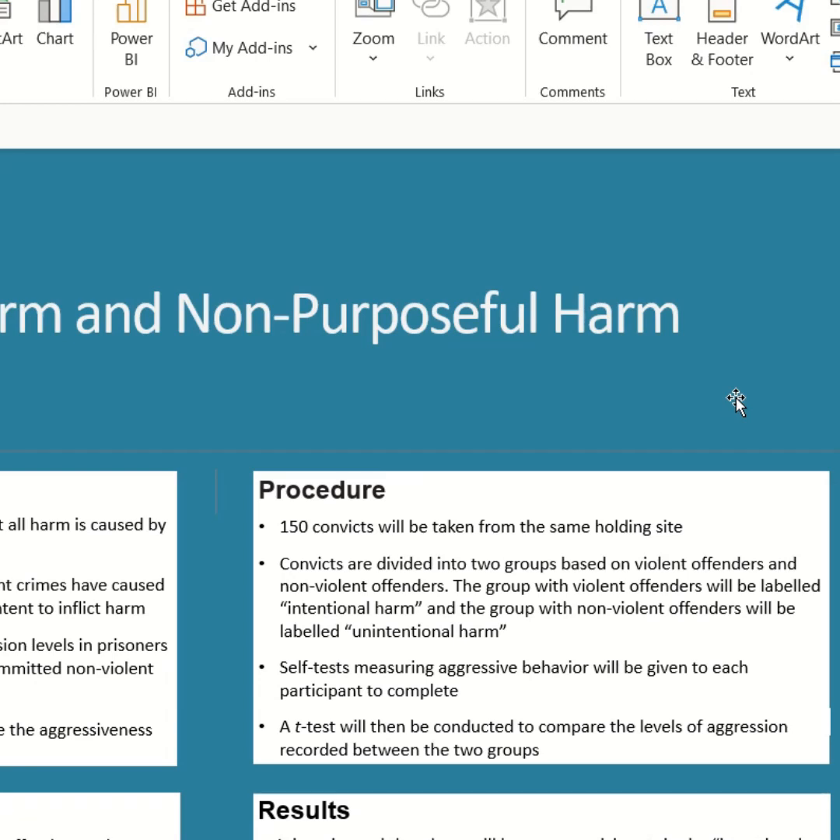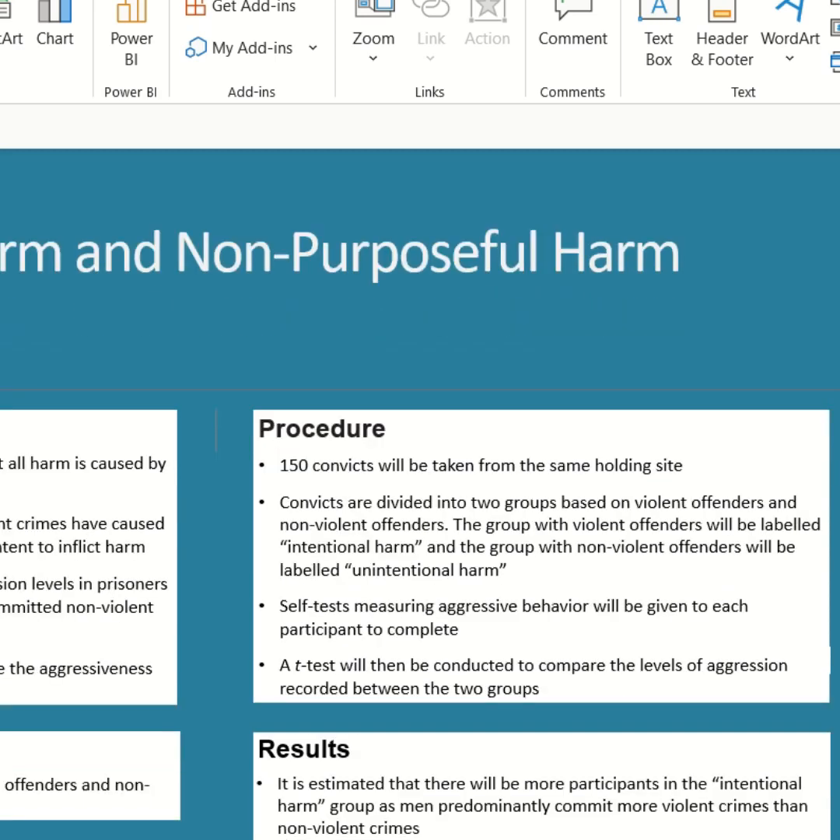Alrighty then. To start off, this is the poster presentation by me, Josiah Burns, and its title is Of Purposeful Harm and Non-Purposeful Harm. To introduce things, the purpose of this is to illustrate that harmful actions are committed every day, but not all harm is caused by